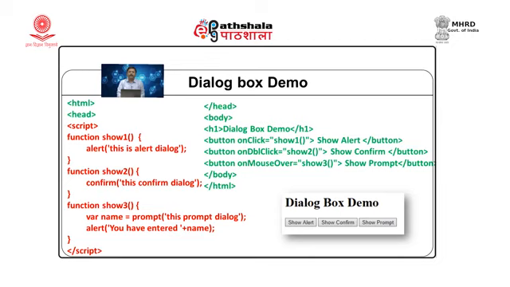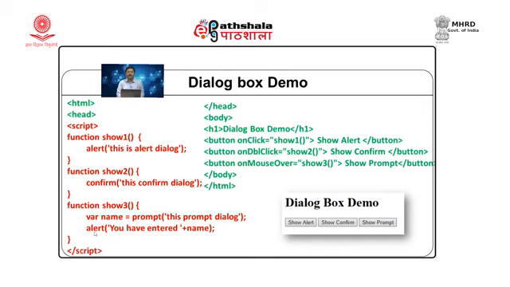Now, in function 3, which is show3, I define one variable. Here var is the keyword which is used to define a variable. Name is the variable, and we assign the value returned by the prompt dialog box to name. Prompt again takes one argument, which is the message to be displayed. Here you can write enter your name, enter your area, enter your marks, whatever you want to display, and the value entered by the user is stored inside this variable when the user presses the OK button. Here I am asking for name.